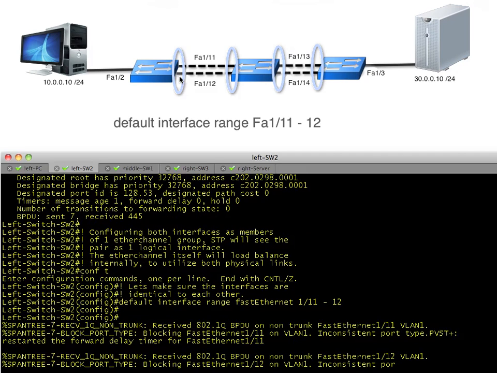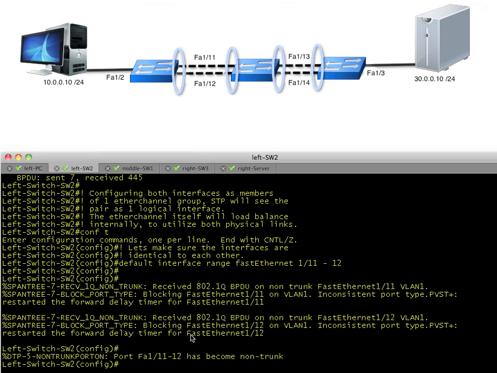And now that that's done, we're going to get a little hissy message from the other side because we currently were trunks and now we're not. We're getting BPDUs from the other side, and that's okay. So our next step: now that they're all defaulted, I'm going to shut down those 2 interfaces